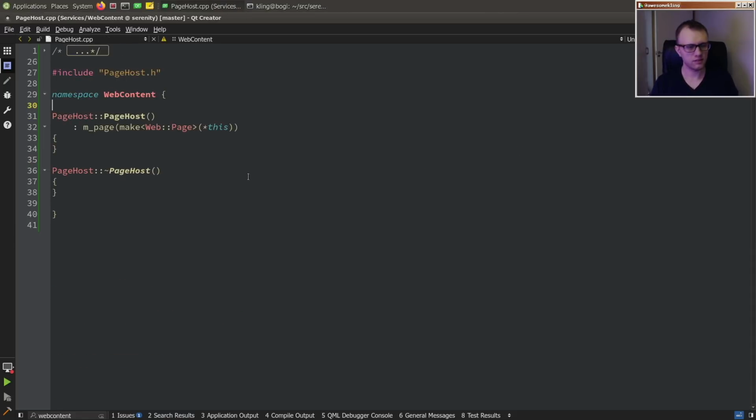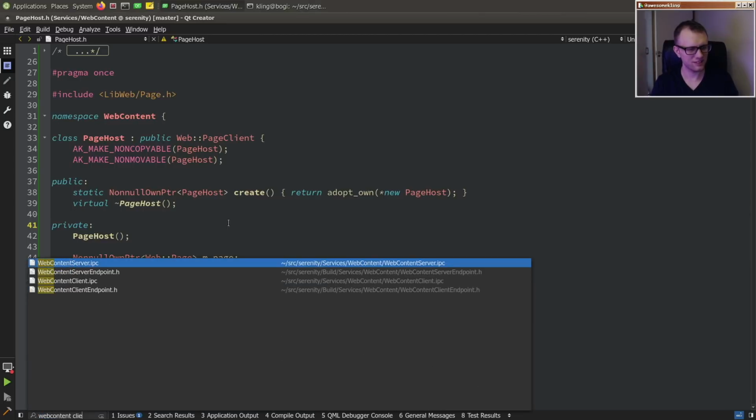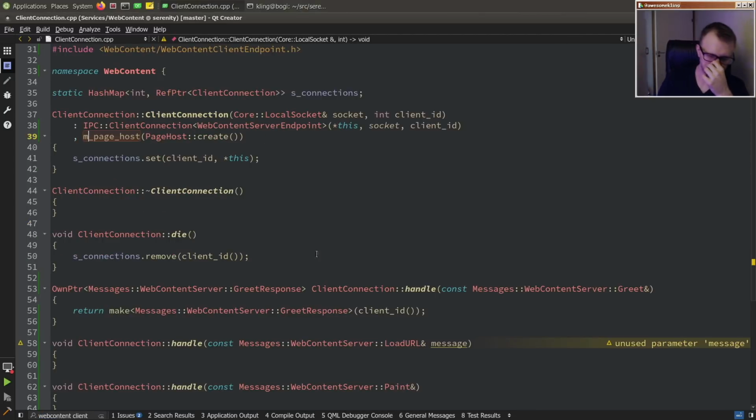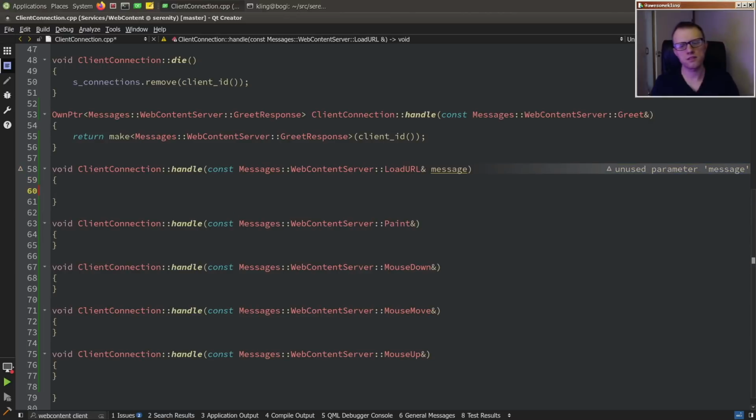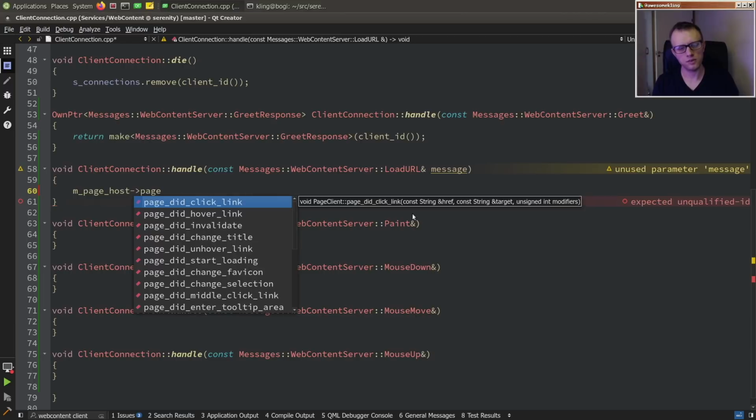All right, we have almost a build. So let's go in the web content client connection. Here we got this load URL message, right? And that message has a URL. This is the thing that we want to load. So what we want to do here is say to the page host, we'll tell your page,